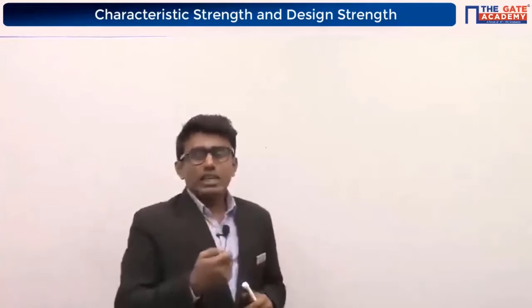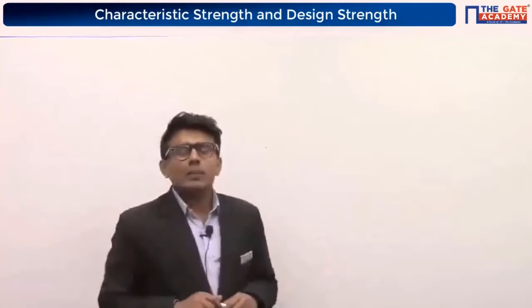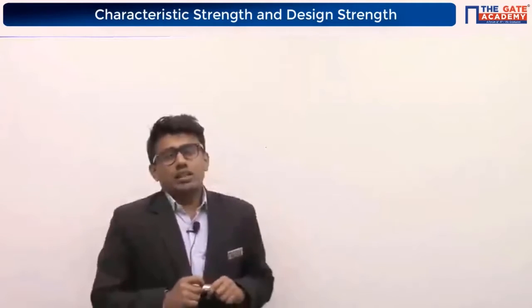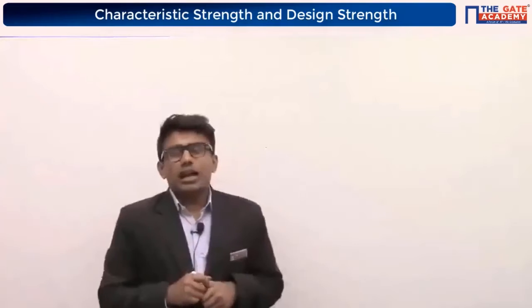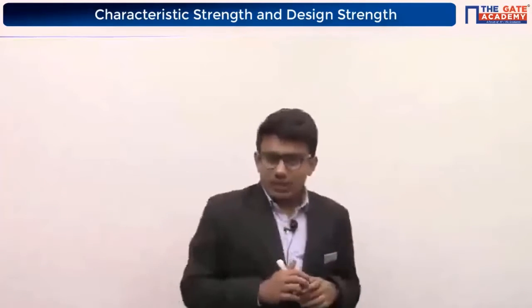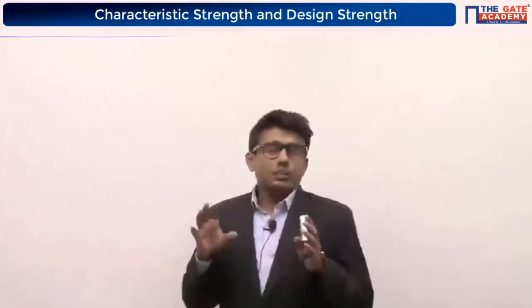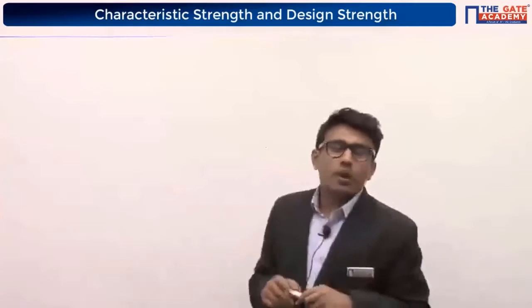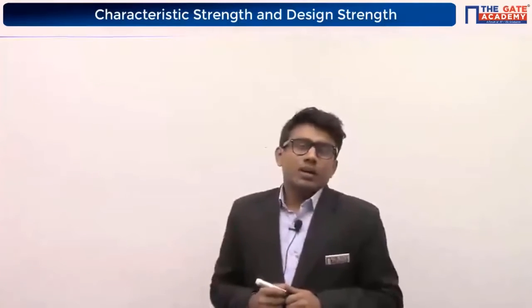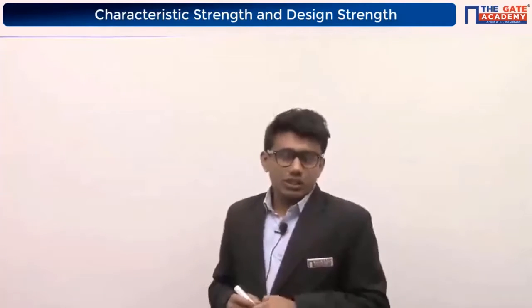and we discussed why we need to design a reinforced concrete structure, or what is the purpose of designing a particular thing. And we discussed that there are three methods: the working stress method, the ultimate load method, and the limit state method of design. We discussed the difference between them, why the working stress method is obsolete and outdated, what is the problem with the ultimate load method, and why these two methods are replaced by the limit state method of design, which is the most commonly used method nowadays for the design of reinforced concrete structures.